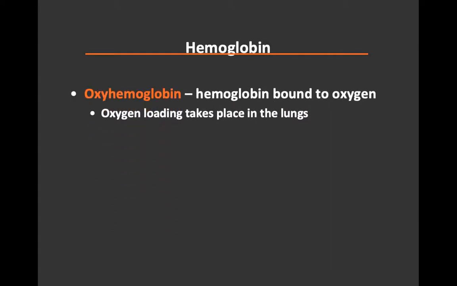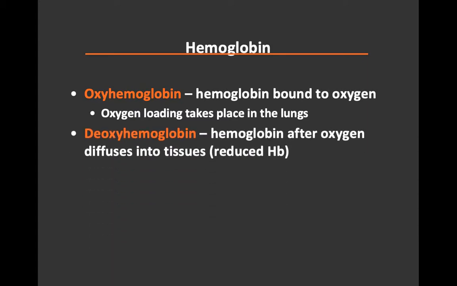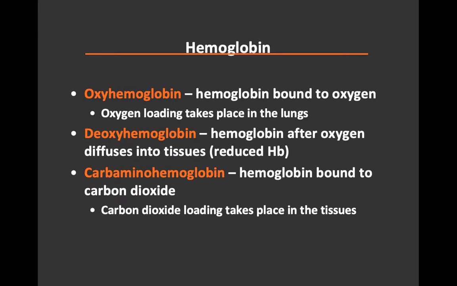So if oxygen is bound to hemoglobin, we refer to this as oxyhemoglobin. If we have oxygen that has diffused out of the red blood cell and is no longer bonded to the hemoglobin, we call this deoxyhemoglobin. And then you can have carbon dioxide attached to the hemoglobin. Now, it doesn't bond to the heme. Carbon dioxide actually bonds to the globin portion of our hemoglobin molecule. And if that's the case, we call this